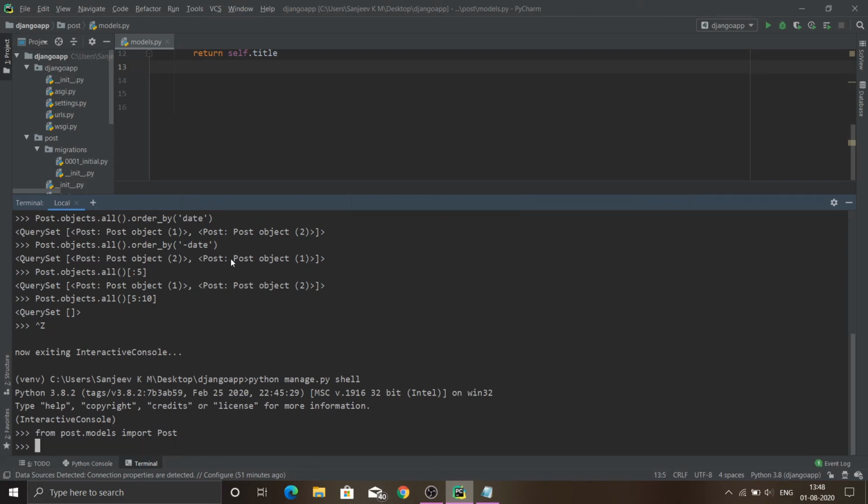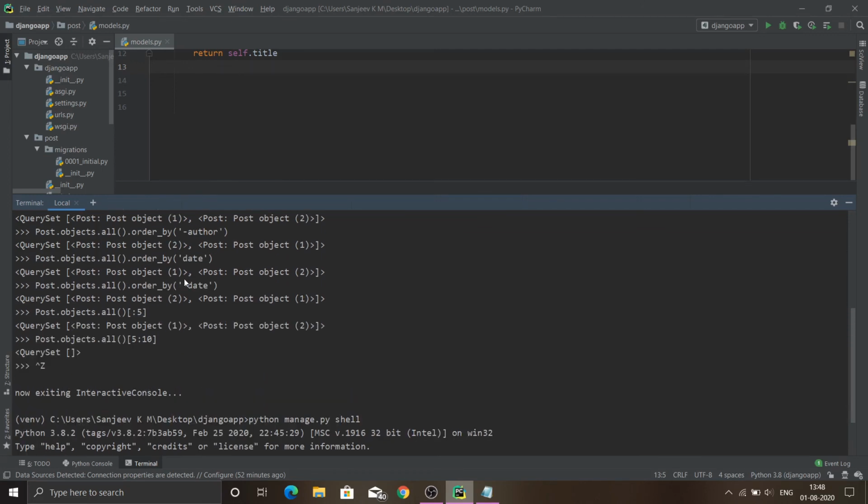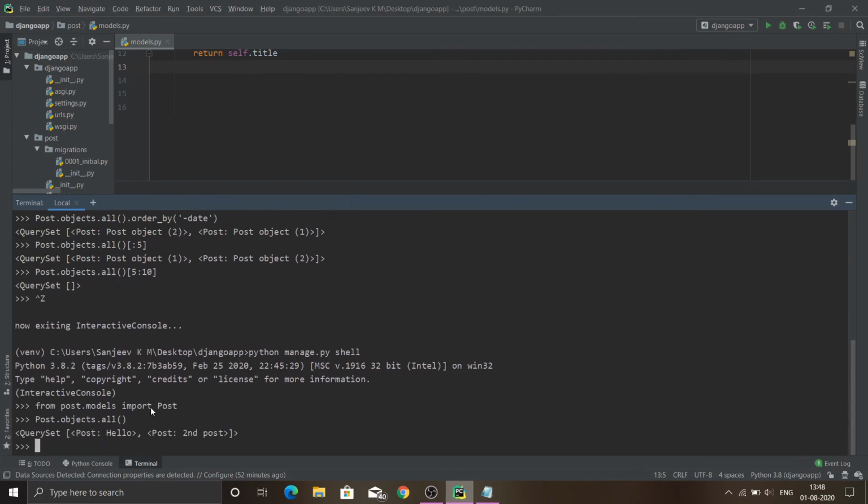So I imported it. Now if I say Post dot objects dot all, see, it shows the posts with the names of their titles, which is a nicer format. So it looks good now. With the help of this double underscore str method, we could change the format in which it shows.